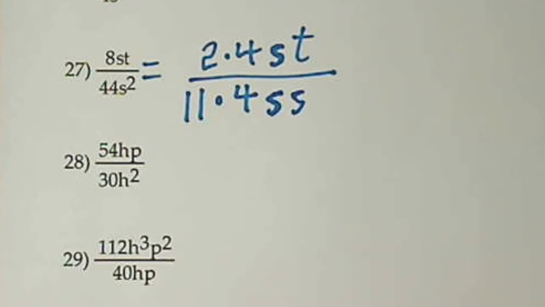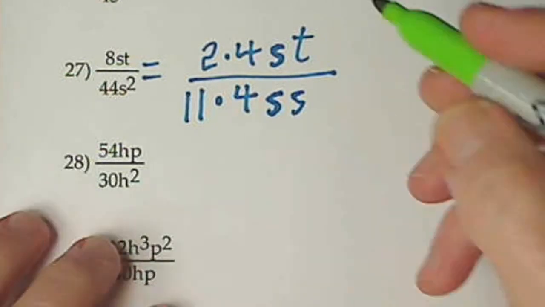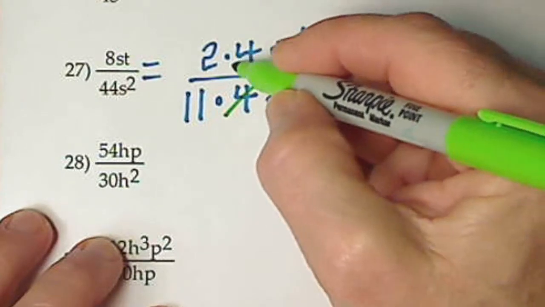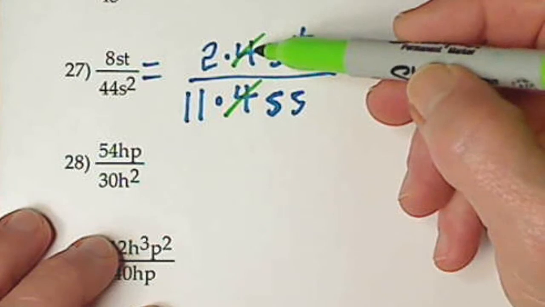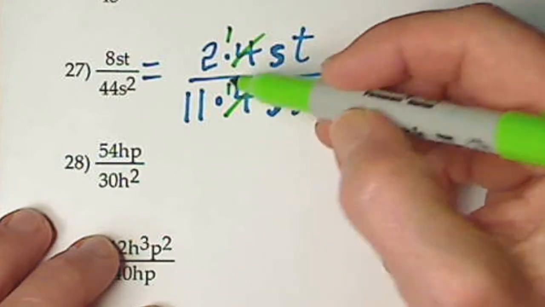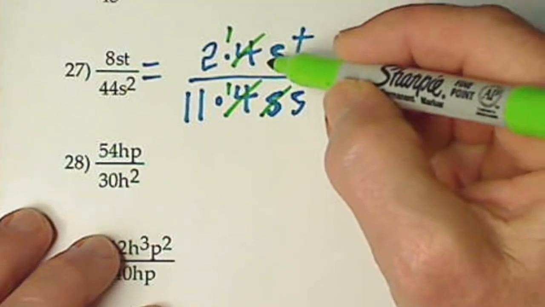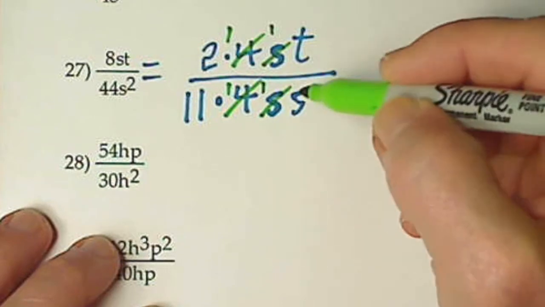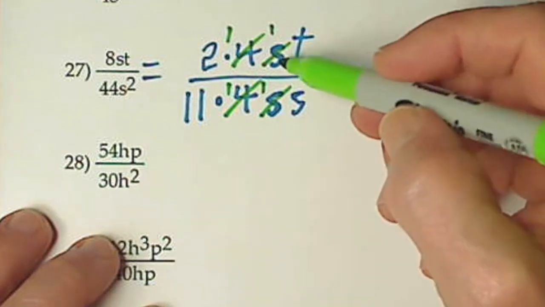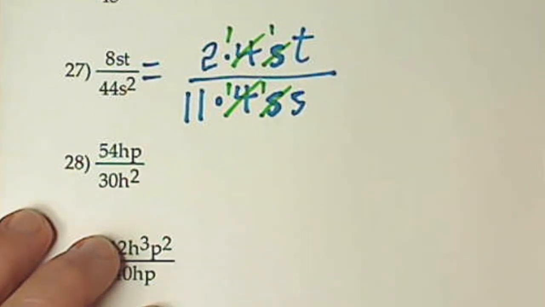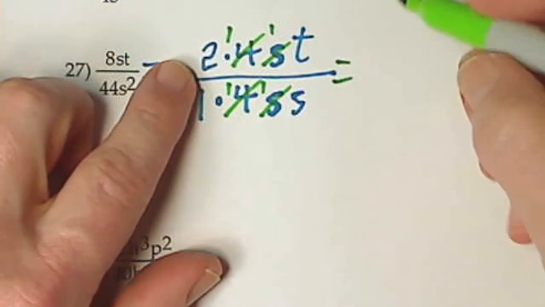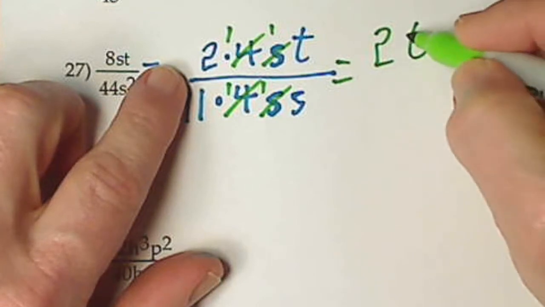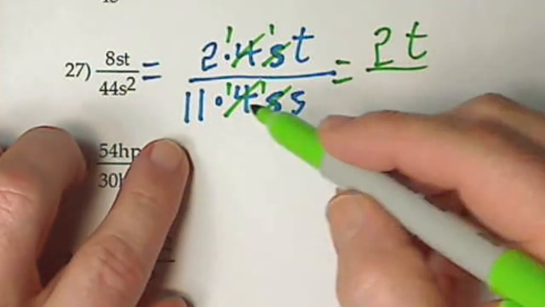And we cancel common factors. Okay? The 4's are in common, so basically we divide by 4 and divide by 4. 4 goes into 4 once. 4 goes into 4 once. S goes into S one time. I have no idea what S is, but I know that S divided by S is 1. So what's left? We have 2t in the numerator. We have 11s